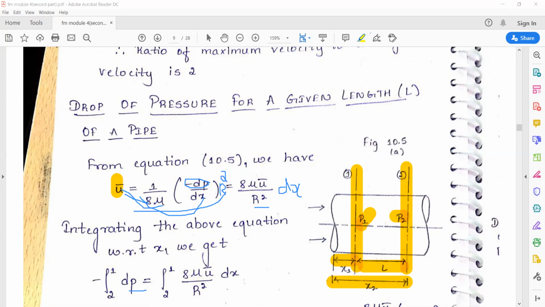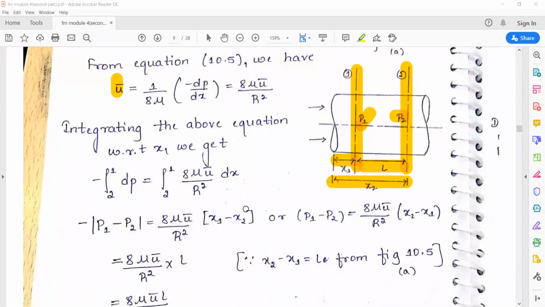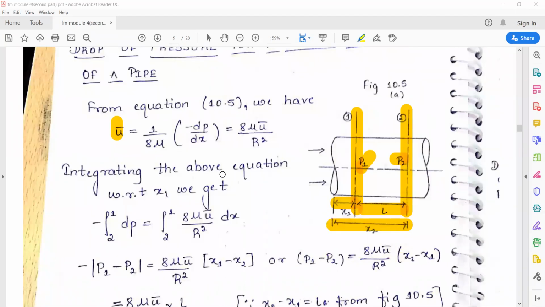All right. So that is what they have written here. I think few data are missing, r square and dx. You can assume here. Yeah. So afterwards, when there is dP, so on the integration of dP,